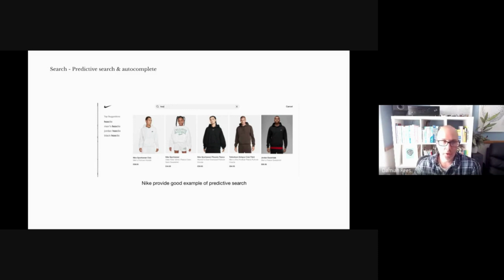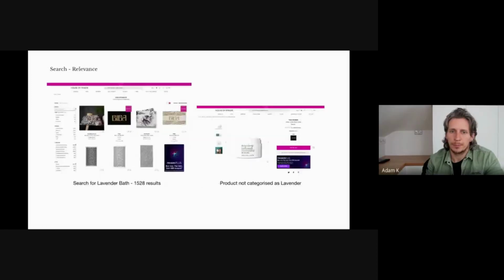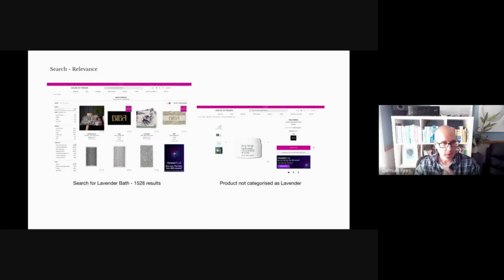But you could serve up, they've got men's hoodies there, so you could serve up men's hoodies, women's hoodies, children's hoodies as top level categories that they could click on and go to a category page. So it's a good example, I think, of how they do that. Great. And then this one, so this is just probably the biggest bugbear, I would say, that most people have